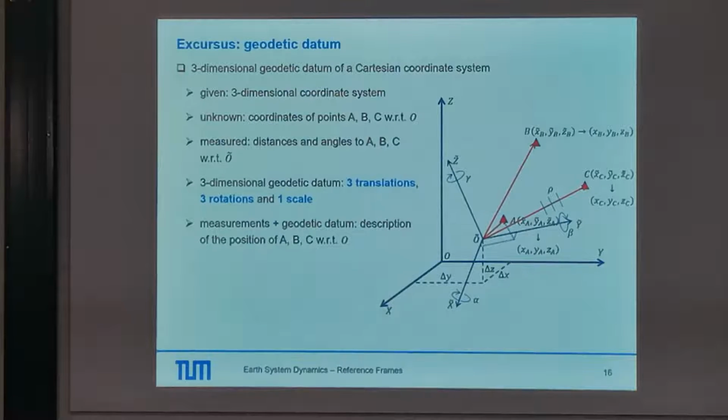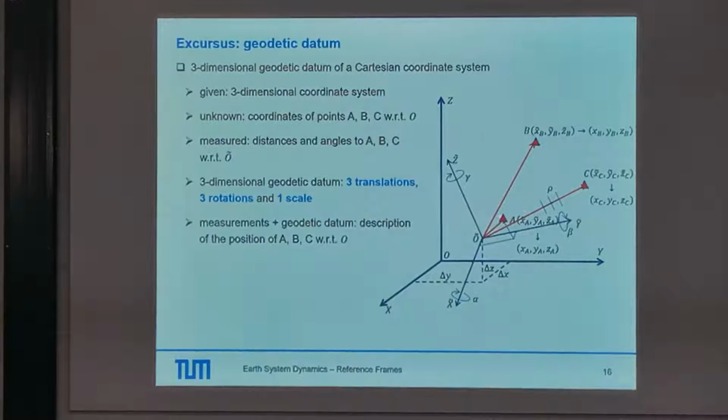So for the ITRF, for example, the ITRF defines the origin to be in the geocenter. This is the equatorial plane with the rotation axis, and then we have the TCG, geocentric time, as the scale. We have measurements taken somewhere in the Earth crust, and we can relate them to the defined ITRS by fixing 7 datum parameters,